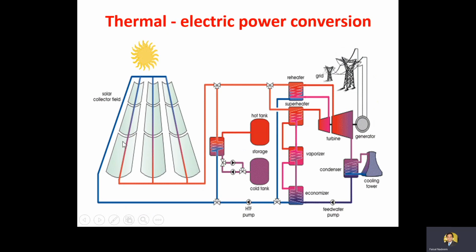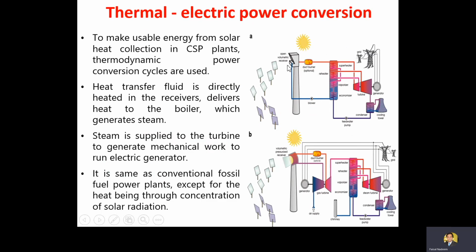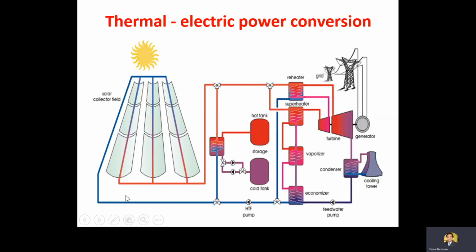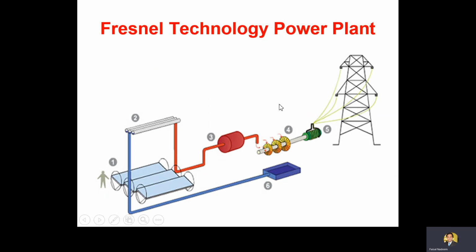This is the example of the thermoelectric conversion in the case of parabolic trough collectors, and this is an example of the thermoelectric conversion in case of the central solar tower technology. So I've also explained to you electrical power conversion technologies for the case of different solar thermal technologies. For example, in case of solar thermal tower technology, it is like this. In case of parabolic reflector technology, it works like this. And in case of fresnel technology, it works like this. But in all of these cases, the similarities